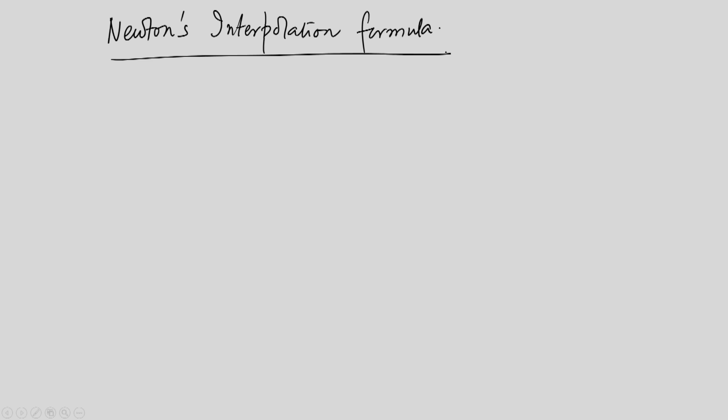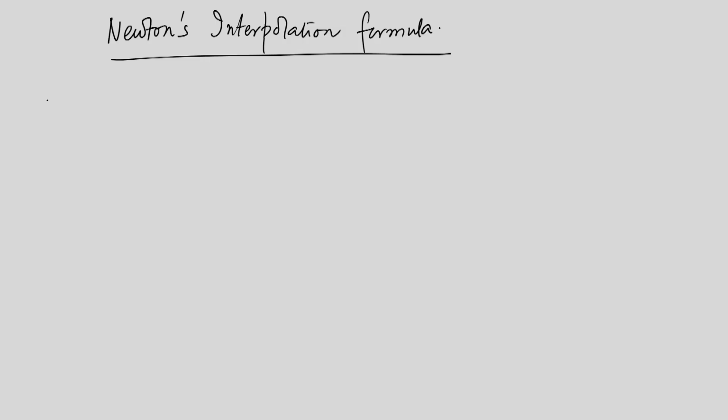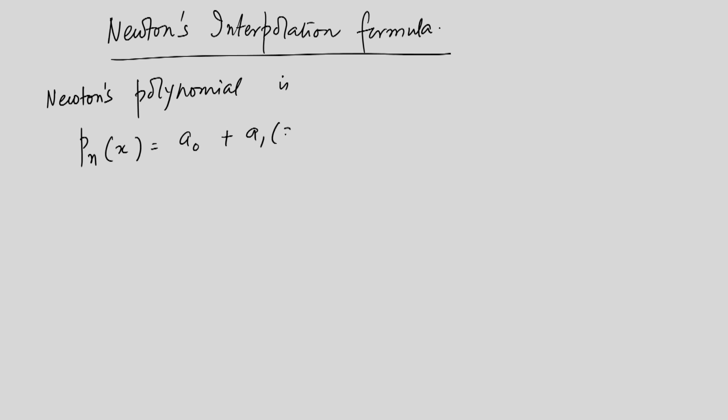So we can take into account one more data point in our polynomial and can improve its accuracy. So, Newton's polynomial is, where n stands for the order of the polynomial as I said earlier. This is the x independent term, then it is a linear term, and this is the quadratic term, and so on,